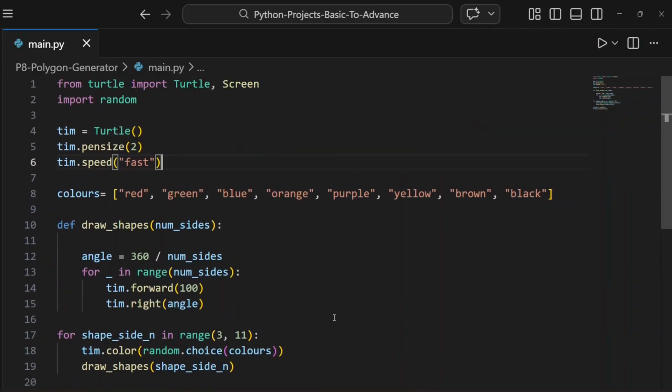It is a very simple project, and here is a challenge for you. Try to modify this code. Instead of taking colors from the colors list, you can enable the RGB mode so that you can generate any color randomly. Try to complete this challenge. Don't worry if you don't make it. I will cover it in our next project, but definitely give it a try and paste your code in the